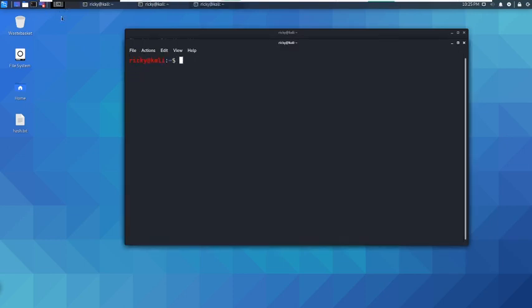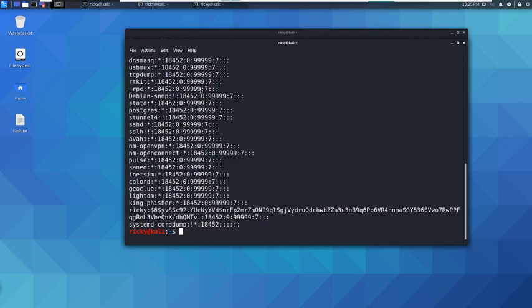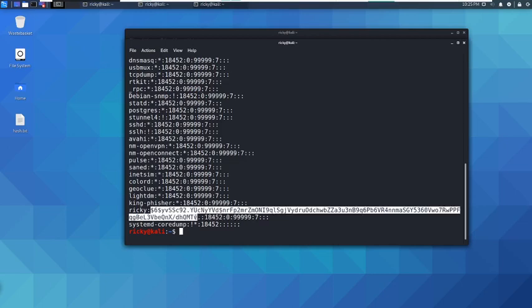If I show here, we normally store our passwords in the shadow file on Linux. So sudo cat /etc/shadow. Okay, sorry, I need to put cat here. Shadow, I'm putting my password. Okay, so you see these are the hashes we normally use.